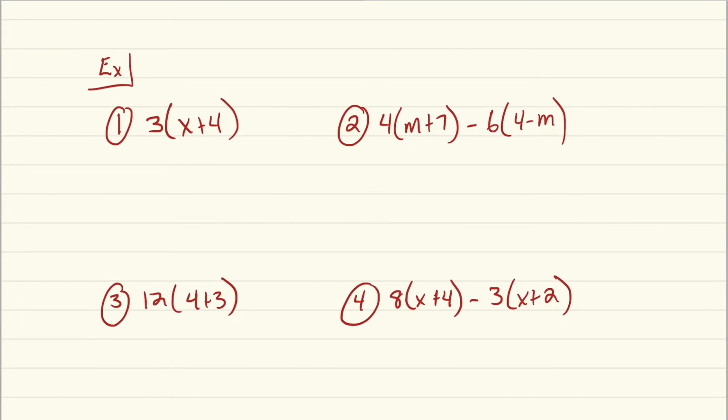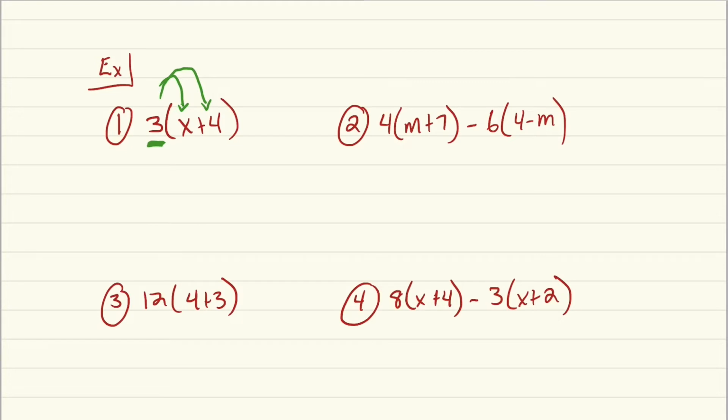All right, so our first example is 3, and then parentheses, and inside the parentheses is x plus 4. If we were to read that properly, we would say 3 times the quantity of x plus 4. All right, that's cool. I understand that I have to multiply 3 times everything inside the parentheses, but how do I do that? Well, the best way for me to say to do that is you take whatever you have on the outside of a problem and you multiply it times each